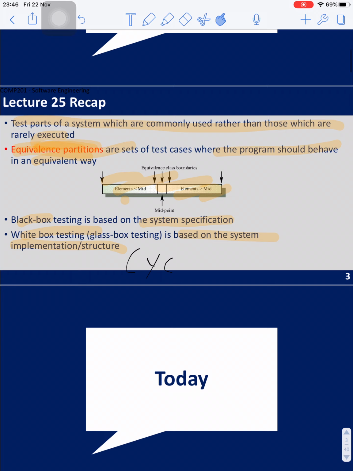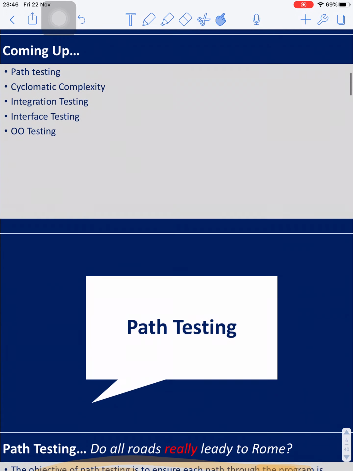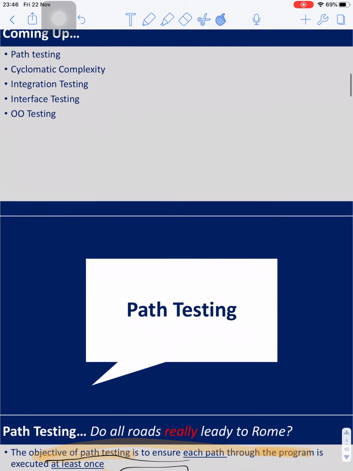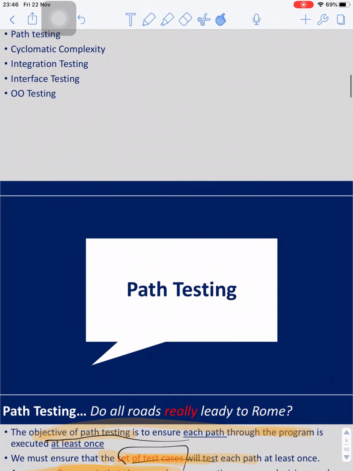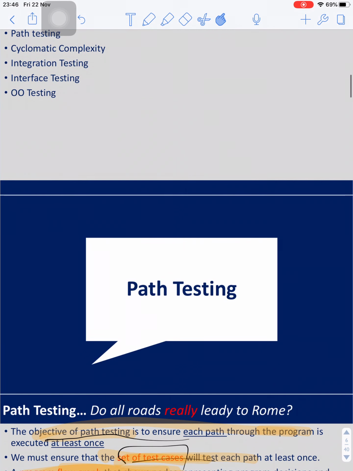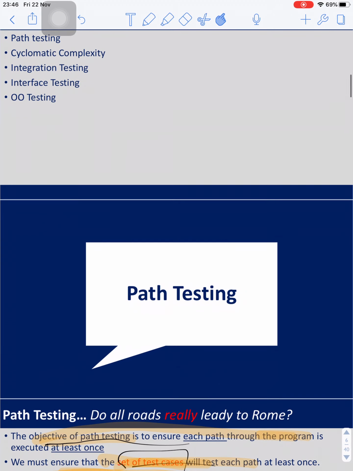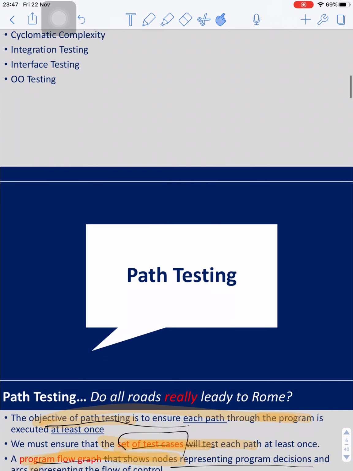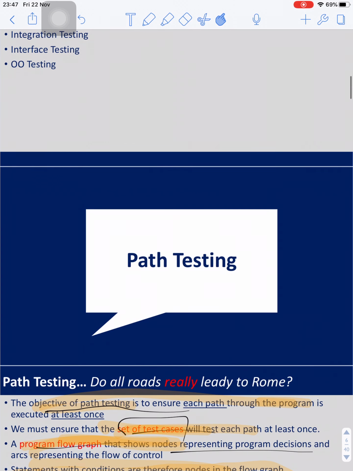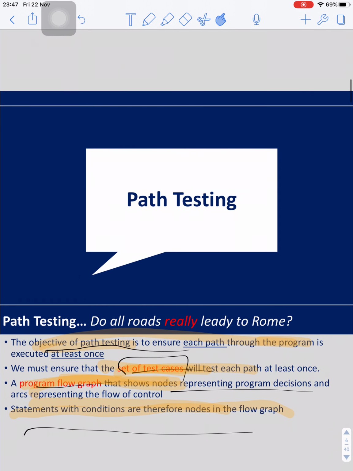And white box testing is where we know how the system is built up, and we go through some specific edge cases for this program. Which means that we design the test cases based on the program. So coming up, we're going to talk about path testing, cyclomatic complexity, integration testing, interface testing, and object-oriented